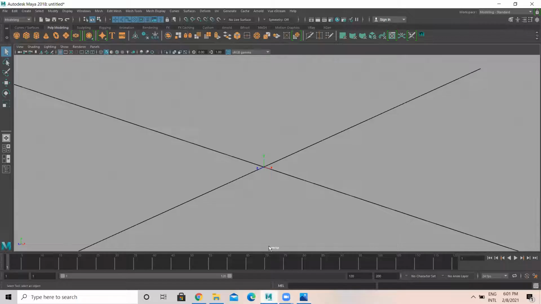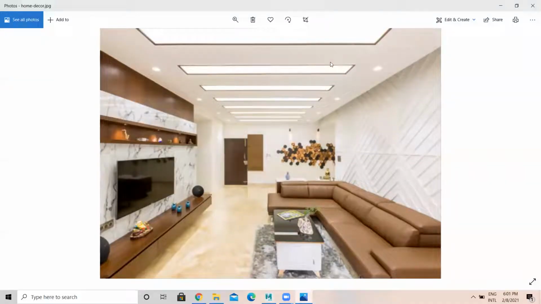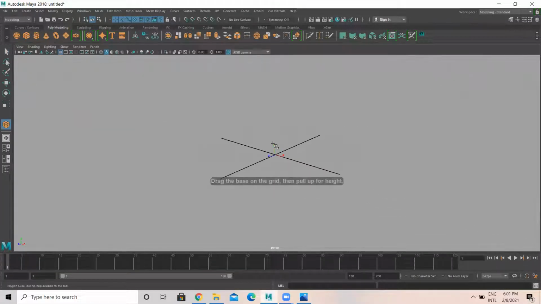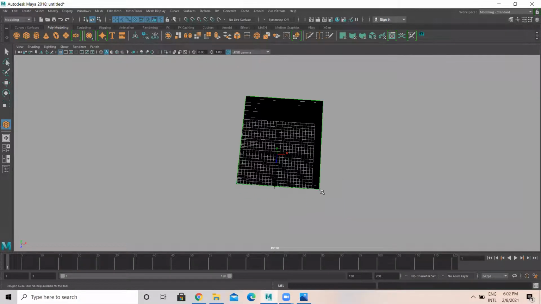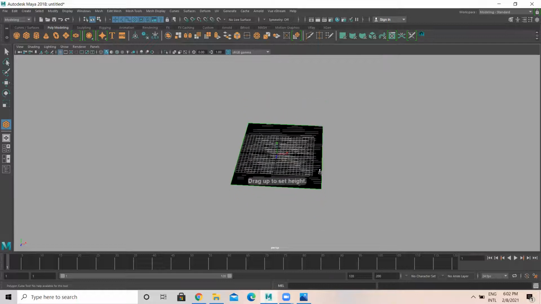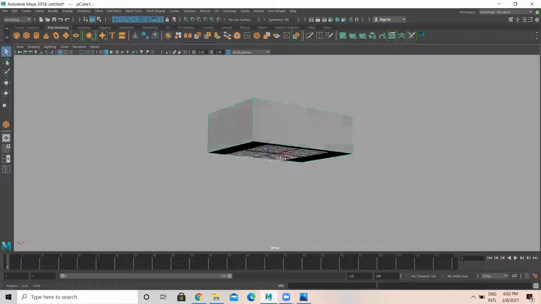So now I'll come to Maya. First thing, if you look at this, I need one box, one cube, which is something like this.